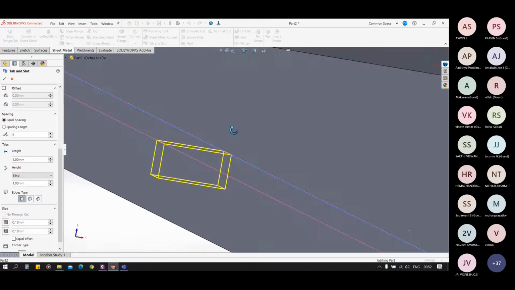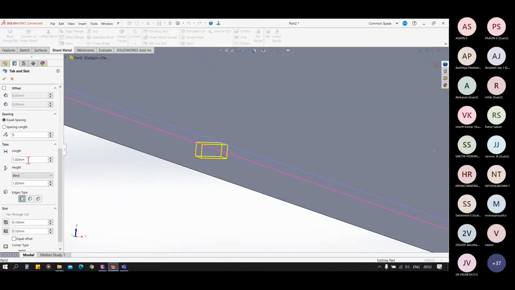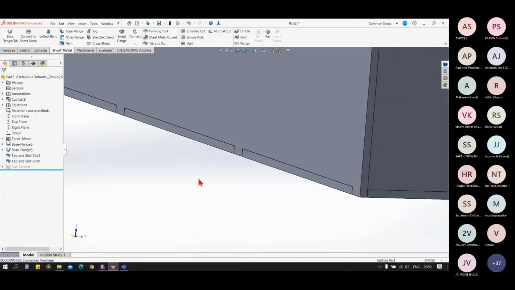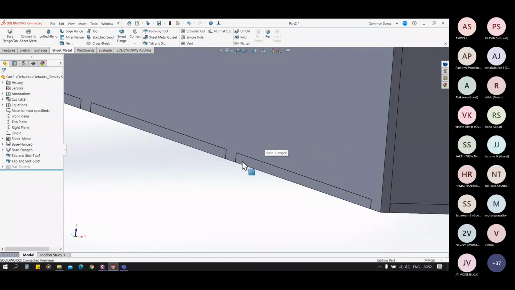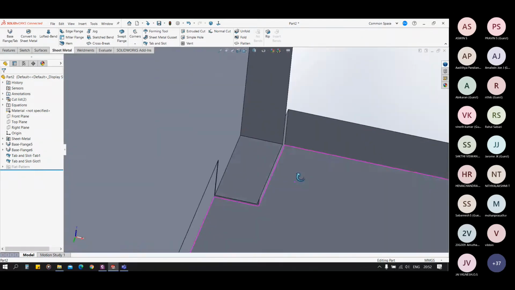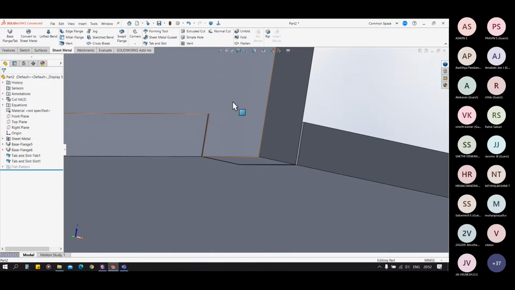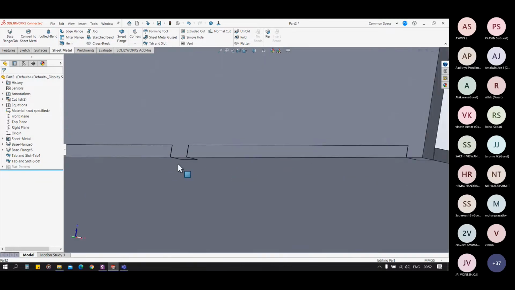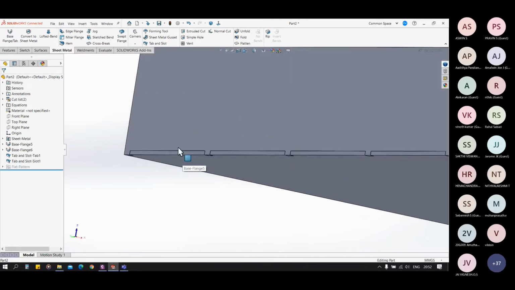You can see this feature is used for the interlocking of two sheets. You can see it has cut one sheet and extended the other sheet so that it can be interlocked between the two sheets.